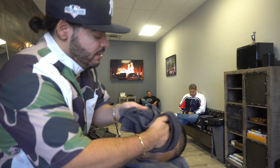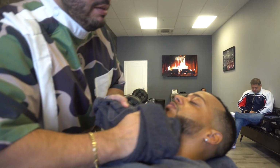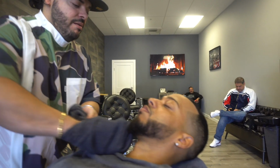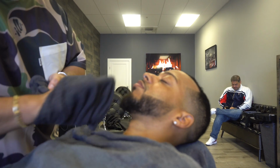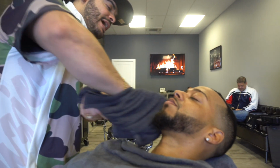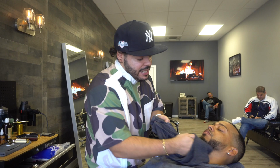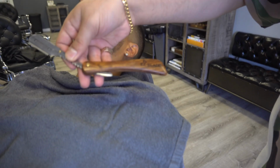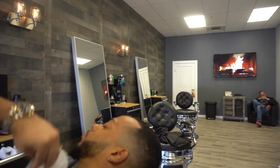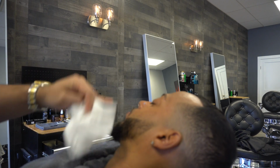We're just kind of taking it off, damping it right there. Let's see, we have it, and now it looks more fuller, but it's still not like pasted on. My whole objective is for his beard to look so nice, but people don't know that it's dye. They just think, man, whoa, that's a nice shape up. That your barber did a good job. I'm using my Easy Blade wood handle straight razor, straight fire. To his beard, we know where I put the dye is where I wanted the